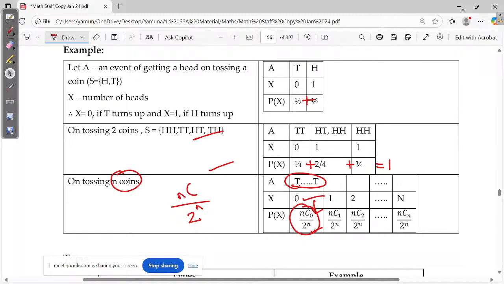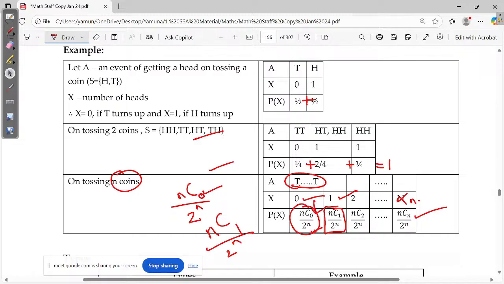How about this nC0? Out of the n coins, how many heads do you have? See, I'm talking about heads only in this problem. So I have to talk about no tails. With no tails, it is 0 heads, so nC0. Look here, what is this? X is equal to 1 value. Getting 1 head. Out of the n coins, any 1 coin turning to head, divided by 2 power n. Why divided by 2 power n? I'm assigning a probability value. Probability is in numerator by denominator form. Likewise, we work out for all the problems. Actually, this is small n. Please correct it.